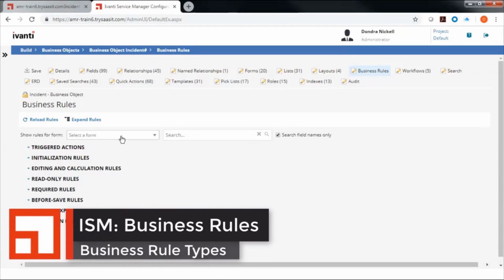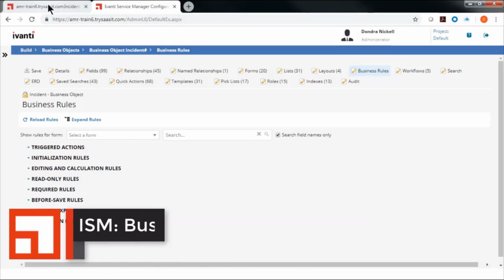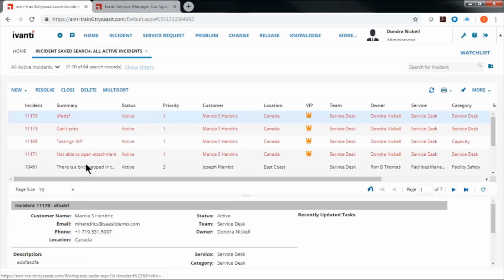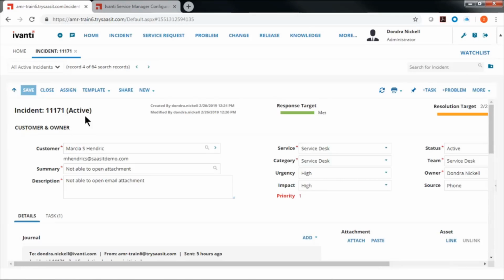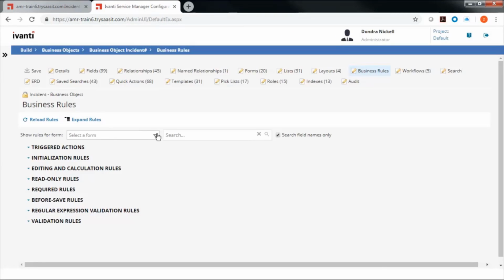Okay, so first off, you can apply business rules just to a specific form. So for example, in my incident here, maybe when I open this up, there's some fields that I want to have read-only, or there's some that get filled in some cases and not in others. So I could say, well, it's the exact same form, but when it's a layout tied to the Tier 2 role, these are not required, or these are read-only, or things like that. So you can apply the rules to just a form, or you can apply it to all of the forms